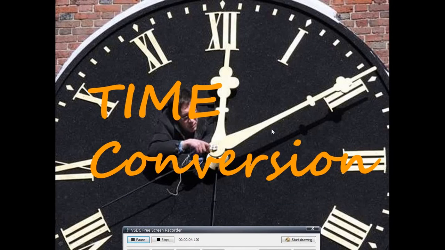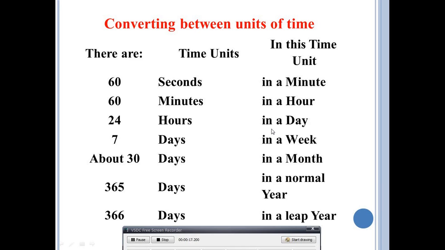In our math lesson today we'll learn about time conversion. Before passing to time conversion, let's revise time units. So let's begin. We know that there are 60 seconds in a minute, and there are 60 minutes in an